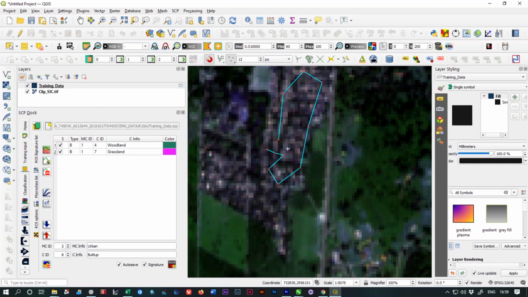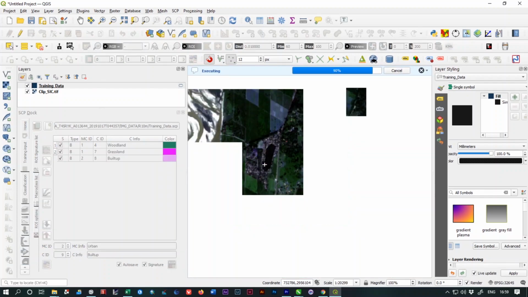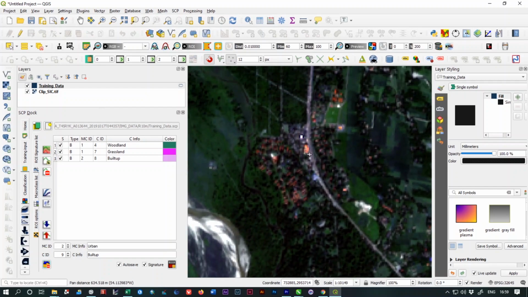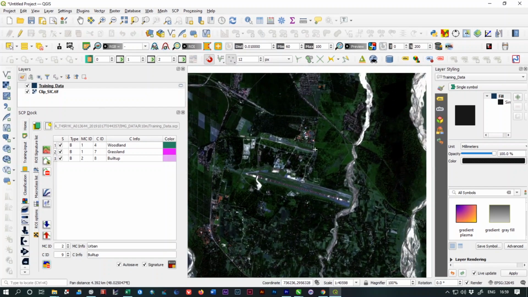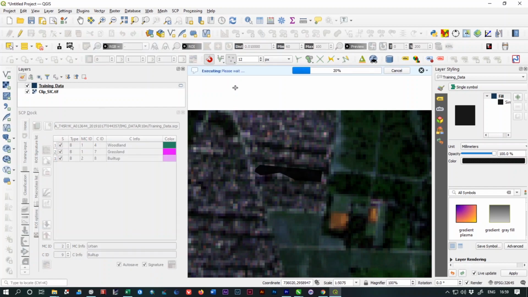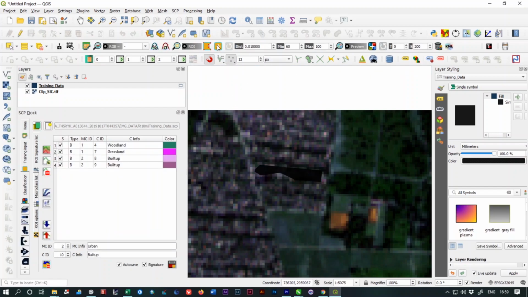This is basically the residential areas. Select all the residential areas. You can also use the active ROI pointer. It will also act like this option, but it will work automatically.